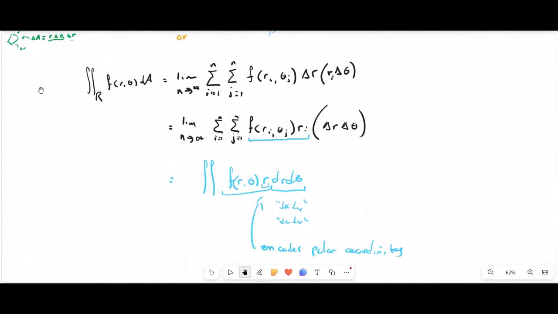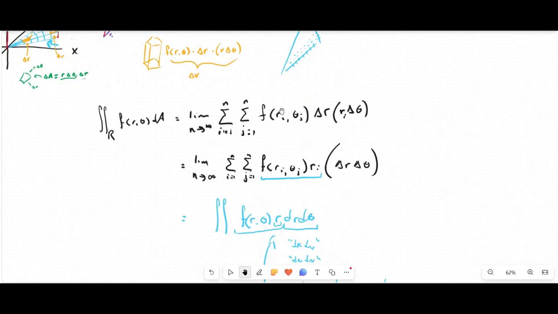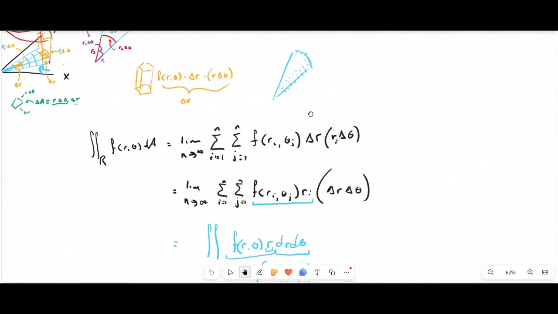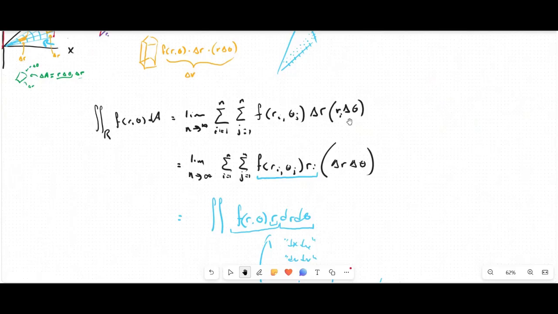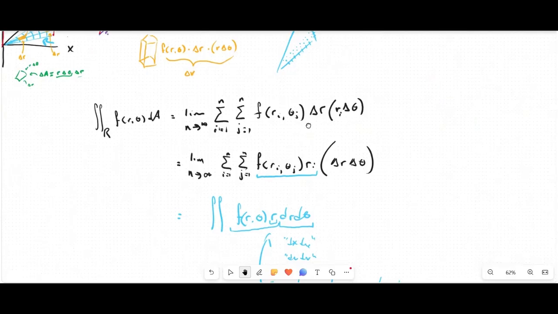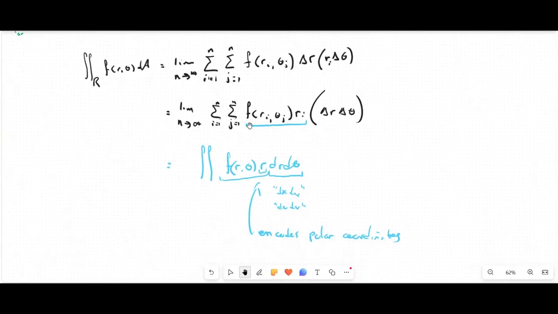So one more time. If you start off trying to find this volume in polar coordinates, you start off with your height being this function f. But this extra r term comes in to account for this volume deformation, for this way that the polar coordinates work differently with volume near the origin than they do with volume farther from the origin. So that function r appears, but you reorder things so that you group that function r with f. Now it's a different integrand,